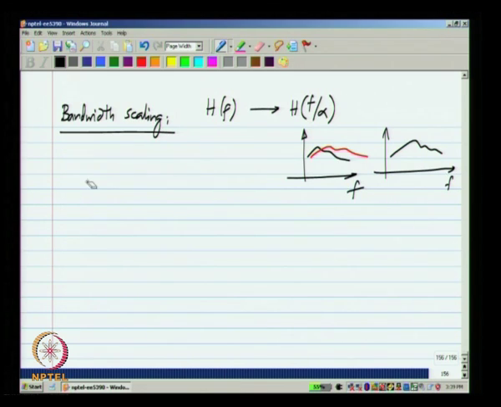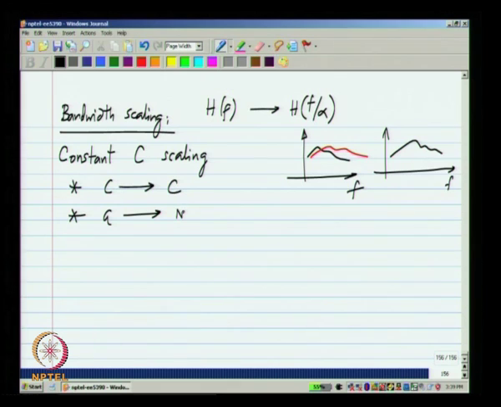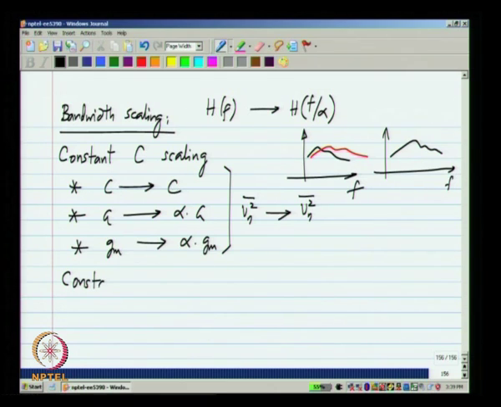And in this we have different possibilities: constant capacitance scaling. This means that all C's will remain at C and all conductances will be alpha times the conductance, and all transconductances will also be alpha times the transconductances, and in this case the noise turns out to be the same. If the original noise was some value, the noise mean square value, the new mean square value of the noise will be the same. We have an alternative which is a constant